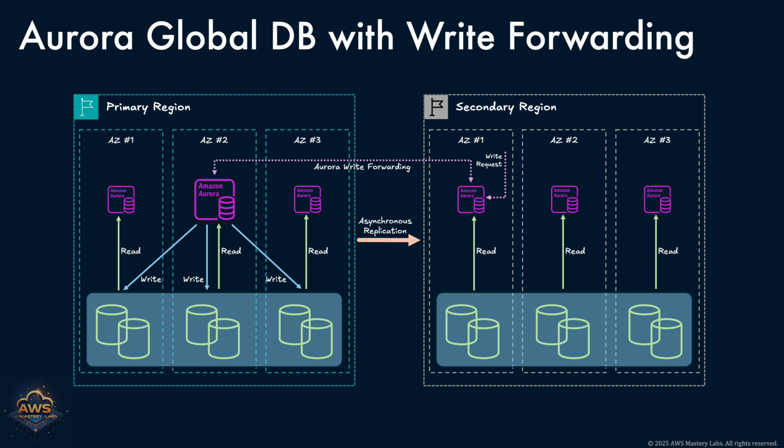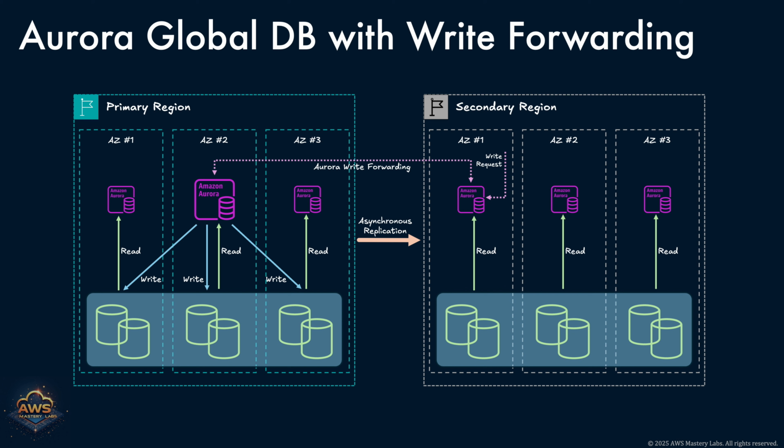However, this brings us to a powerful feature: write forwarding. In the PostgreSQL-compatible edition of Aurora, if an application in the secondary region attempts to write data, the request doesn't fail or require rerouting. Instead, it is automatically forwarded to the primary writer instance in the primary region. This means applications in the secondary region can behave as if they're writing locally, even though those write operations are processed remotely. This improves the user experience by maintaining application responsiveness, while still preserving a single source of truth for